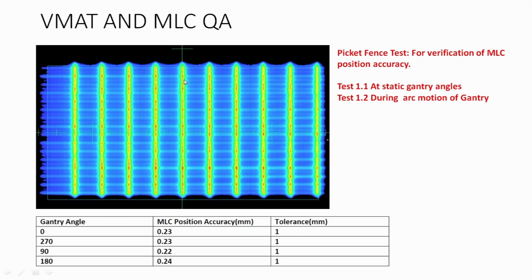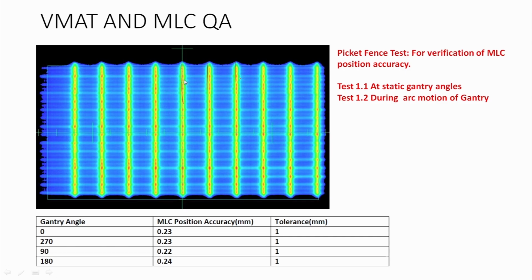So for this purpose, there are specified quality assurance tests. If you look at this picture, this is a picket fence test, shown in a color wash. This picket fence test, as the name suggests, is like a fence structure. In this, some pattern of MLC, generally created in a treatment planning system,